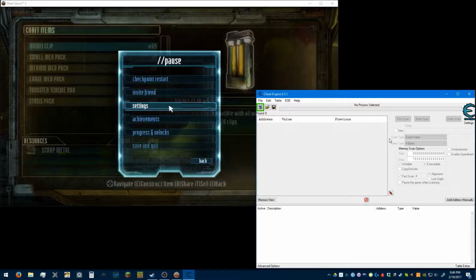Now, what is Cheat Engine? Cheat Engine is a program that scans through the memory that is being used by another program, allows you to find a specific address, and then change the value of that address. And I'll demonstrate what exactly you can do with that in just a minute, but we'll start by setting up